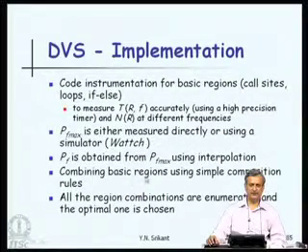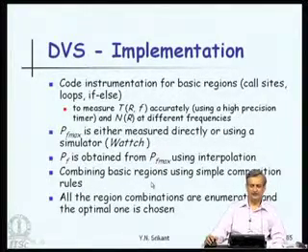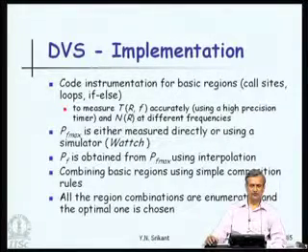Combining, so we have basic regions, but we do not want such very small regions. As I told you, regions have to be of reasonable size. So, we must provide a simple composition mechanism for combining basic regions. So, for example, we could combine different segments of the program into one, using program composition rules. So, the then part and the else part could be combined into one, two loops could be combined into one, and so on and so forth.